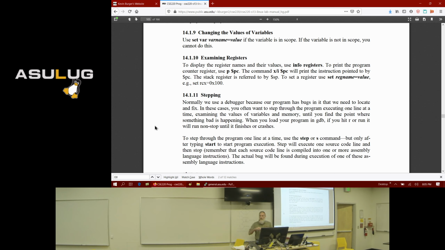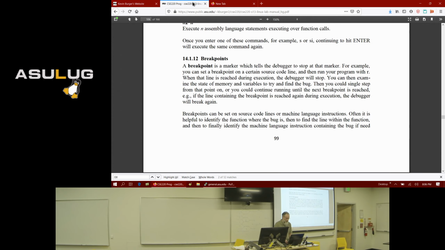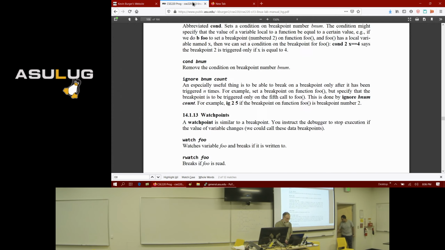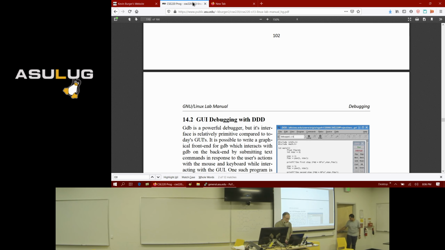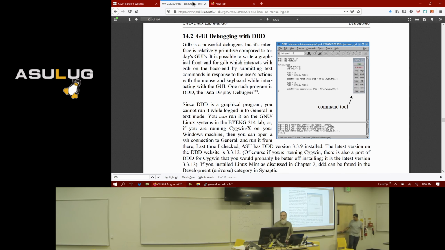Yeah, GDB by itself is kind of primitive. Jeff, I've not heard of. The one that I specified in the document after this chapter, in chapter 15, is DDD. I have a little section on debugging with DDD.